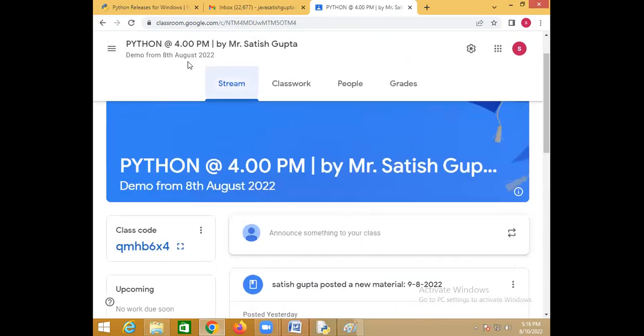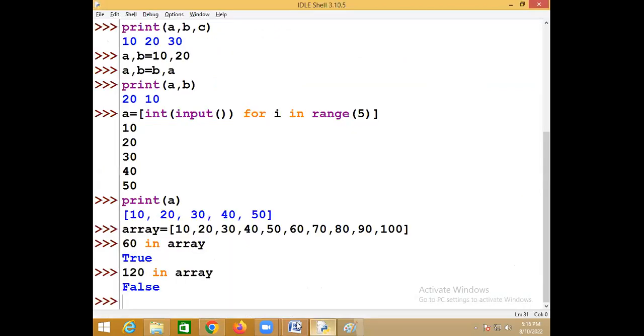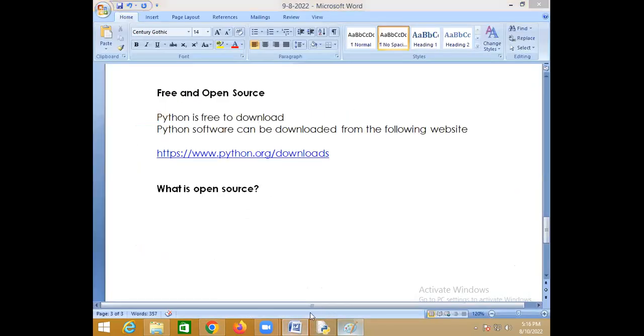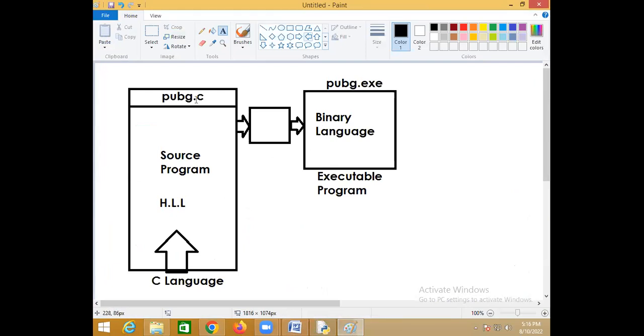So next, to run this PUBG game, what do you require, PUBG.c or PUBG.exe? PUBG.exe. If you want to sell your game, which one will you sell, PUBG.c or PUBG.exe?